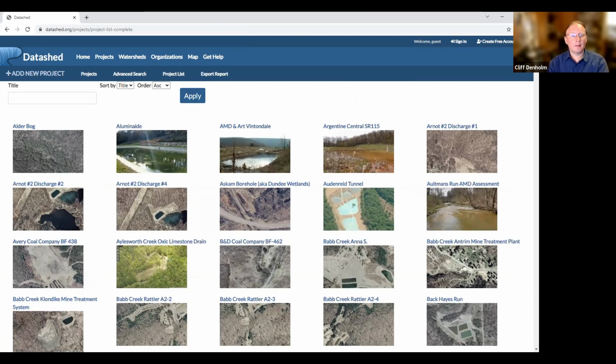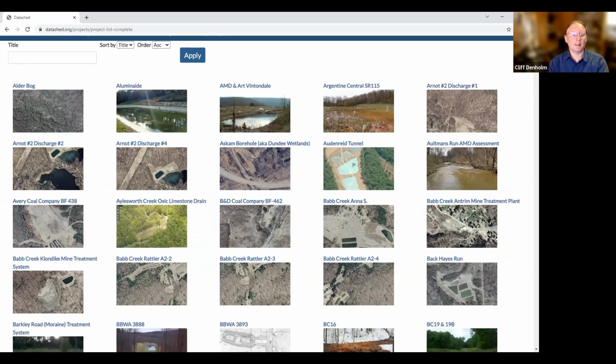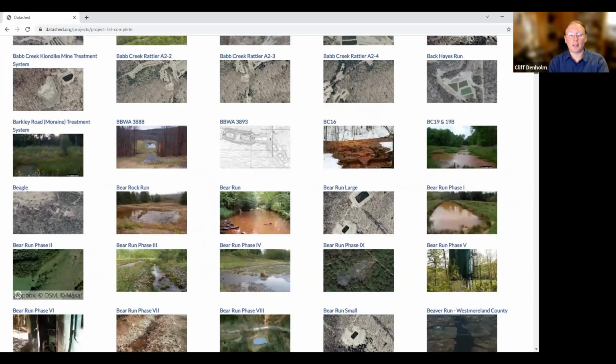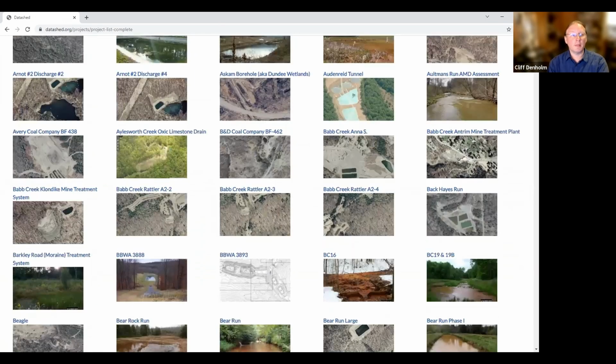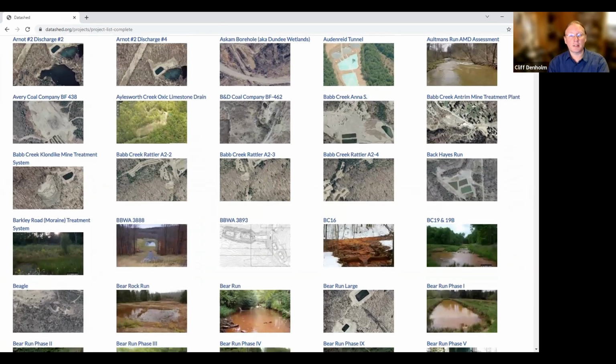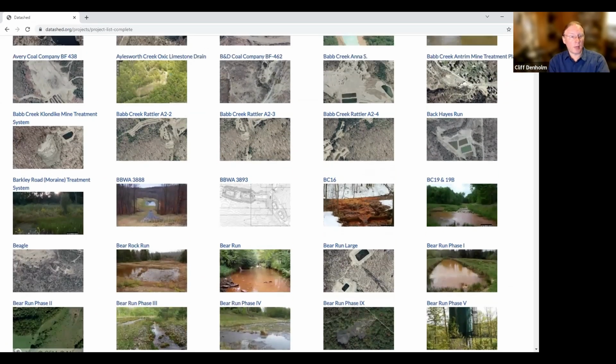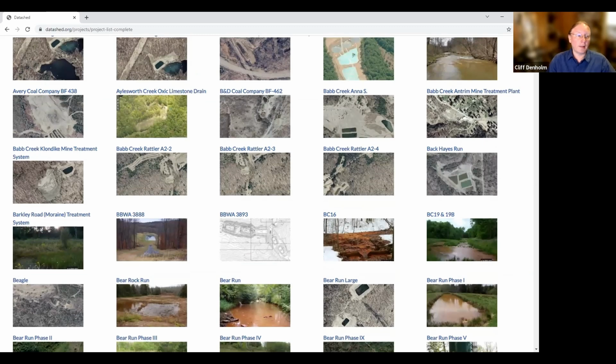And so I guess I'm weird, but I kind of like sometimes looking down through the list and looking for interesting pictures that catch my eye. It's a way sometimes for me to actually notice new projects that have been entered in that I didn't realize. Sometimes it's a way to look through, again, if it's a project you don't quite remember the name,